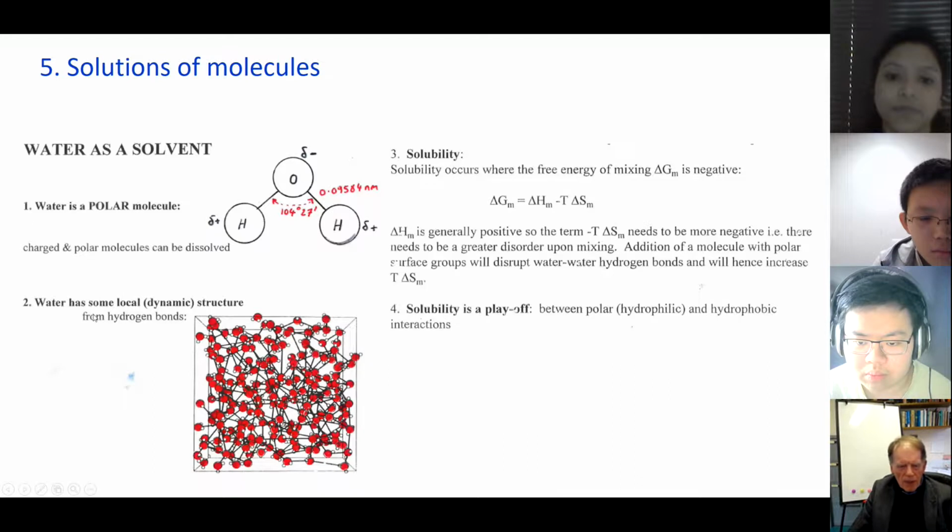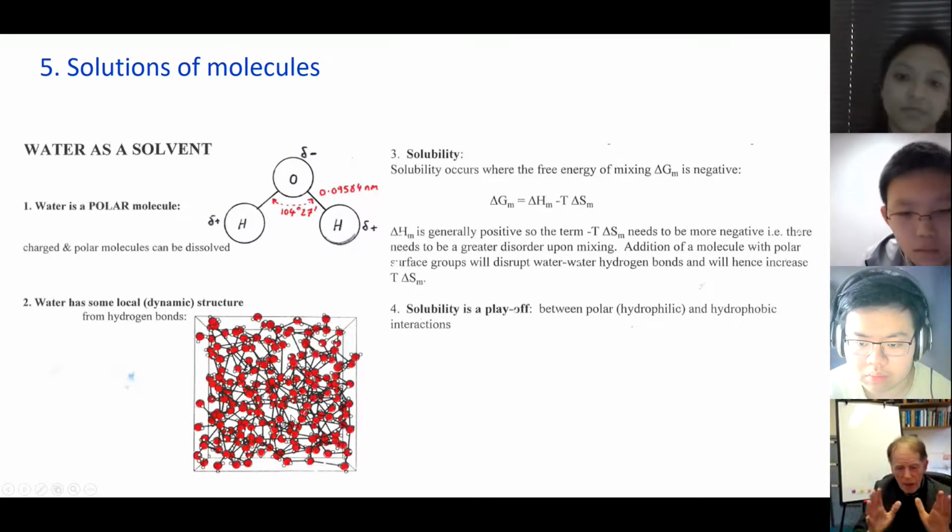And that means that water itself can form hydrogen bonds between the electronegative and electropositive parts. This is a dynamic structure, so it doesn't form a rigid structure, not in the liquid